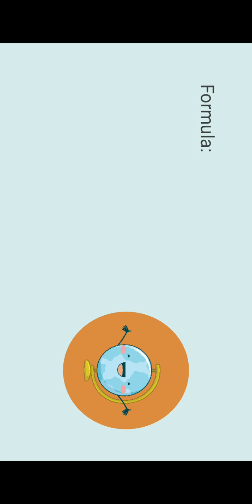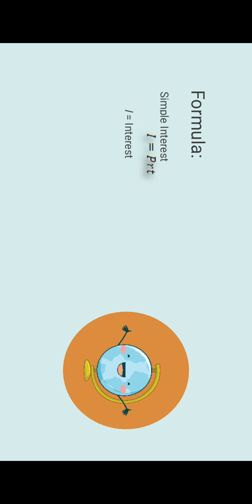To begin solving the investment problem, we have the formulas for each subtopic or category. First, the formula of simple interest. I stands for interest equals P stands for principal or initial value multiplied by R stands for interest rate multiplied by T stands for time in years. So I is equal to P times R times T. That is the formula of simple interest.